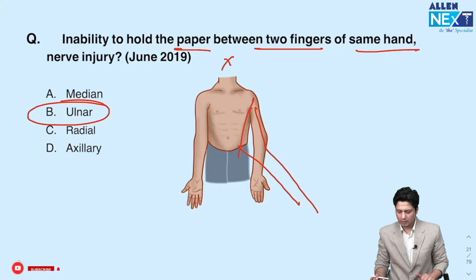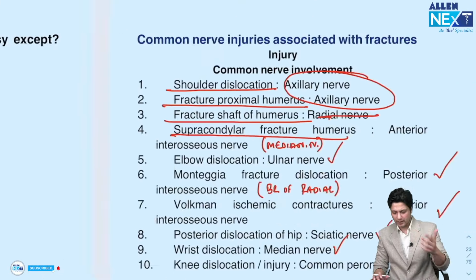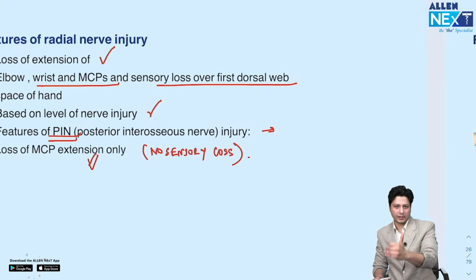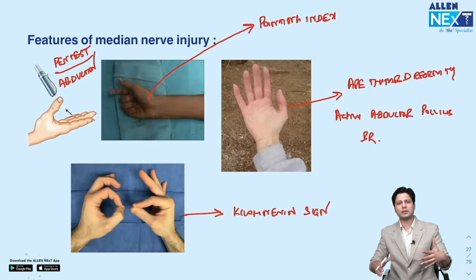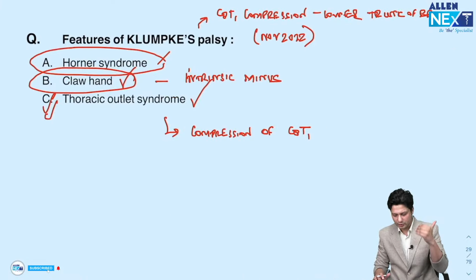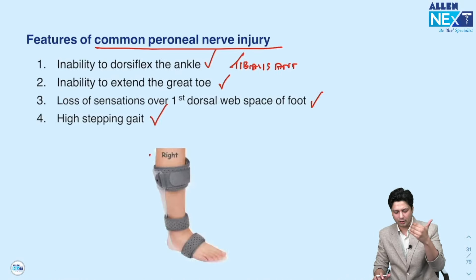So you just have to... Don't look at the image. This is a question which we have already discussed. So this table is also extremely important, and the outcomes of the nerve injury, the common ones. You don't have to remember the outcomes of uncommon types of nerve injury. These are the common ones which you have to remember, because they are asking a question out of these ones